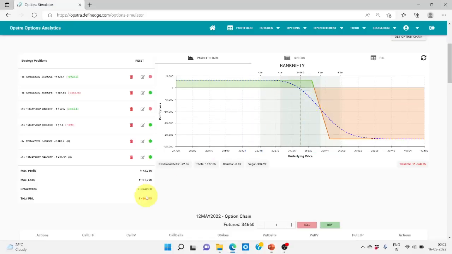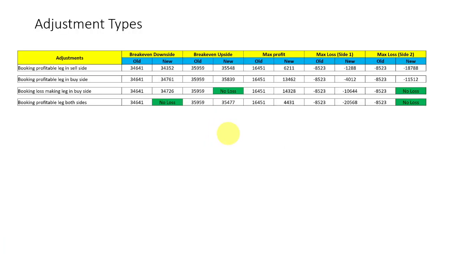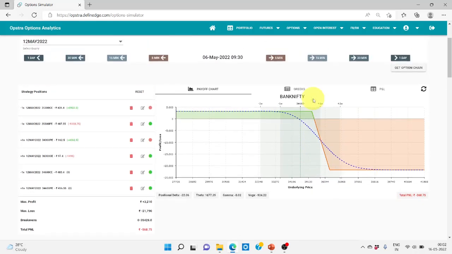35,477 is the, okay, maybe I would have taken a different strike that time. I would have taken maybe 10-15% different, like one strike above or below. So the main thing you need to know here is